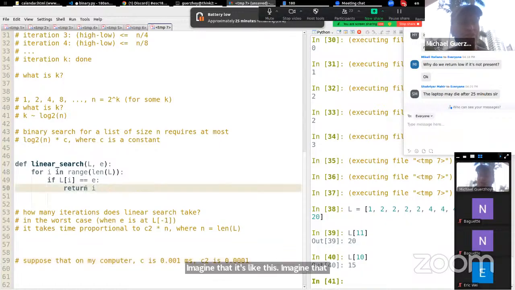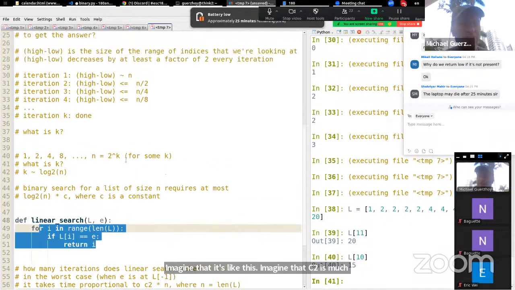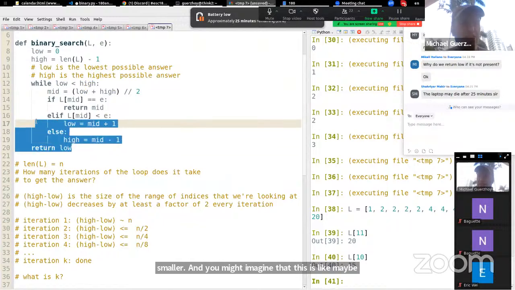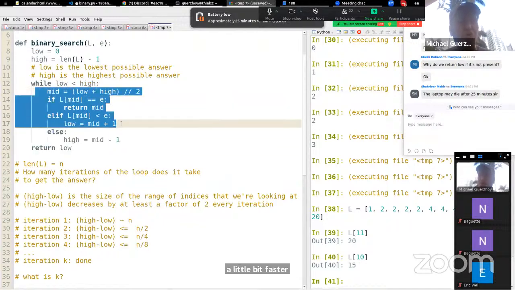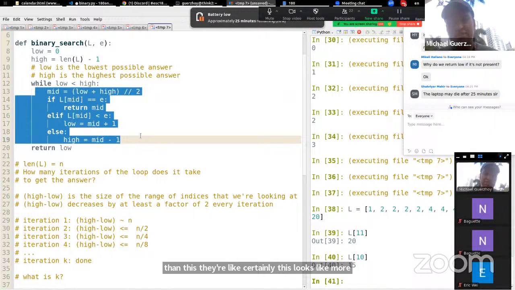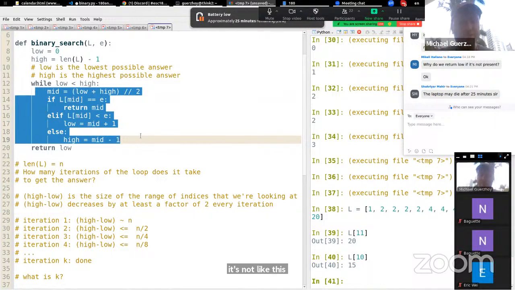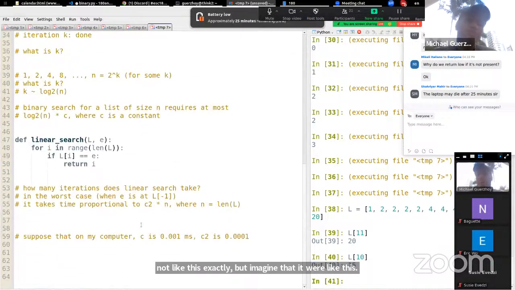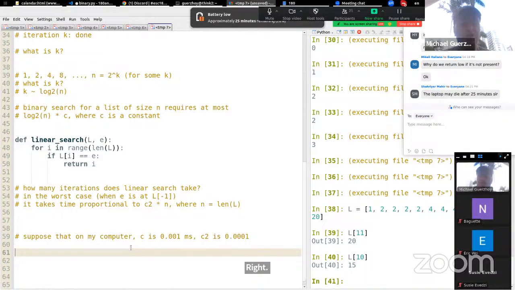And you might imagine that this is a little bit faster than this. Certainly this looks like more code. It's not like this exactly, but imagine that it were like this, right? So what's going to happen in this kind of situation? Well, if I have, let's say, 50 integers,